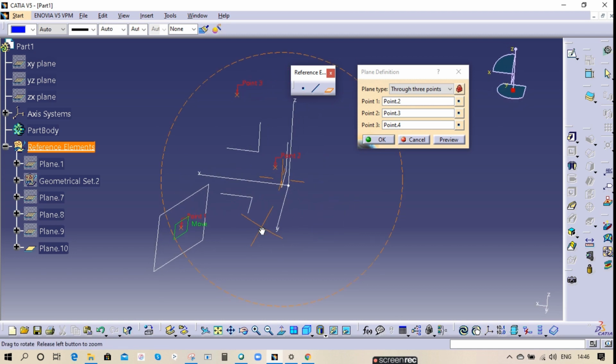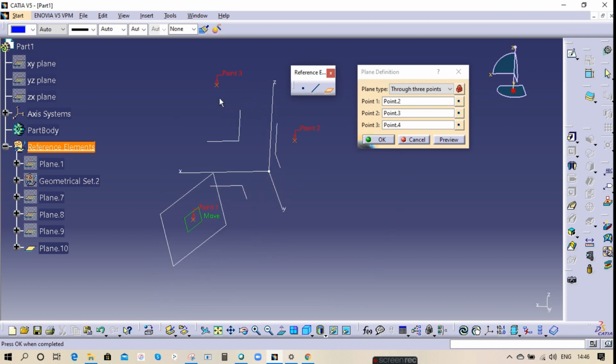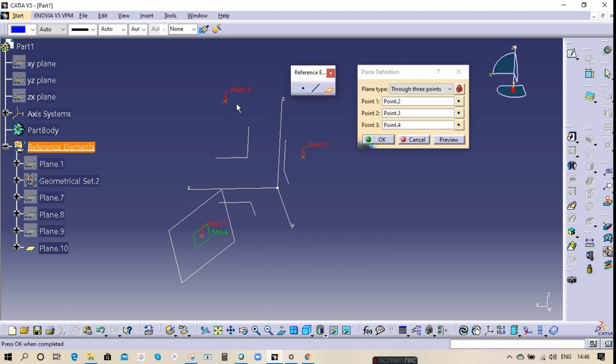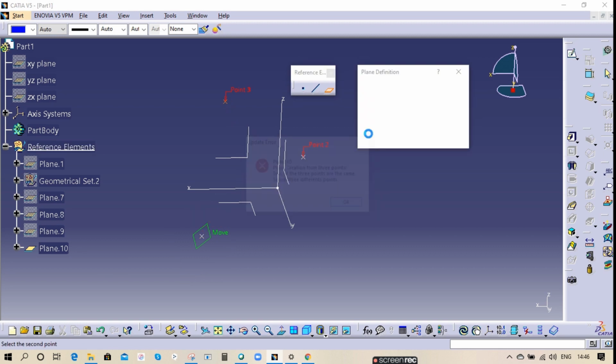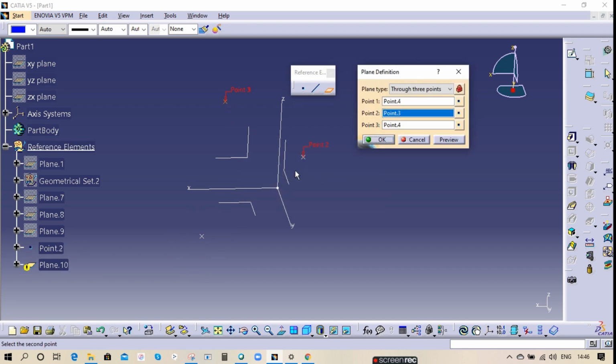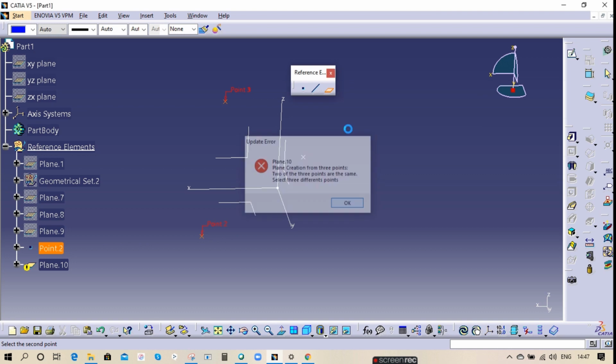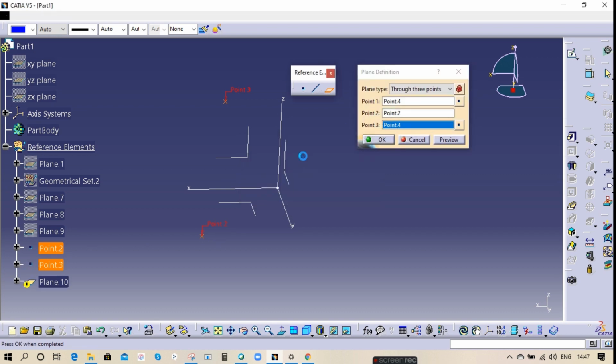For suppose the point values are same, but we need a plane in the point 3. So selection of point 3 should be in point 1, should be first. We'll see that I selected this one, and my second point is this, and my third point is this.